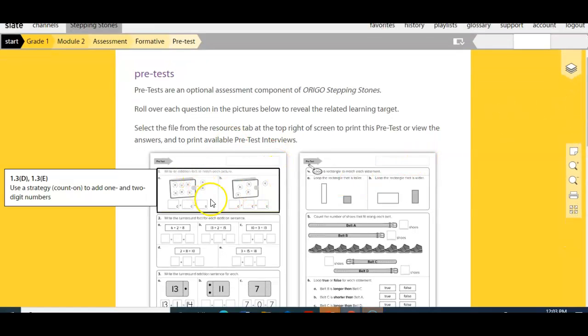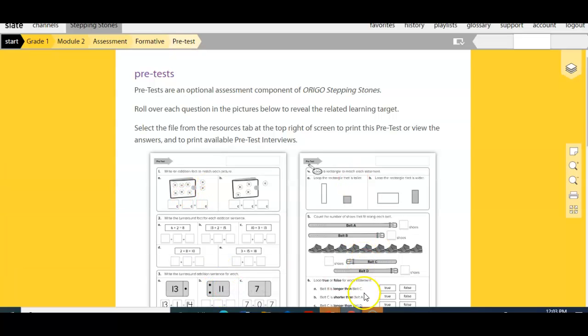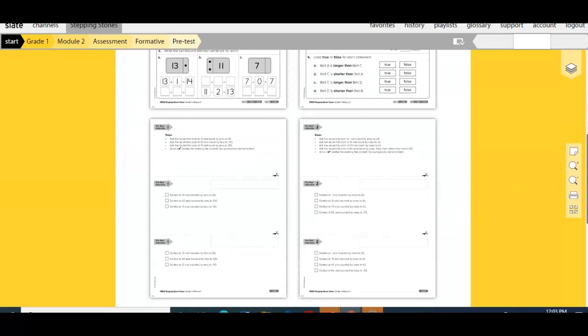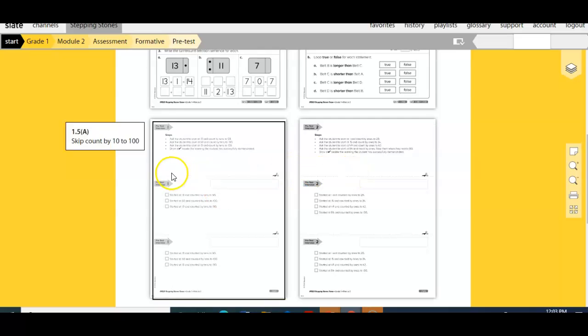Or you can use these as little activities that maybe you put two of these as an exit ticket in a center just to see if they know, if you're doing some review. You can do these. I love that you can run across and see what standard it supports. And then down here, there's two sets. There's also the